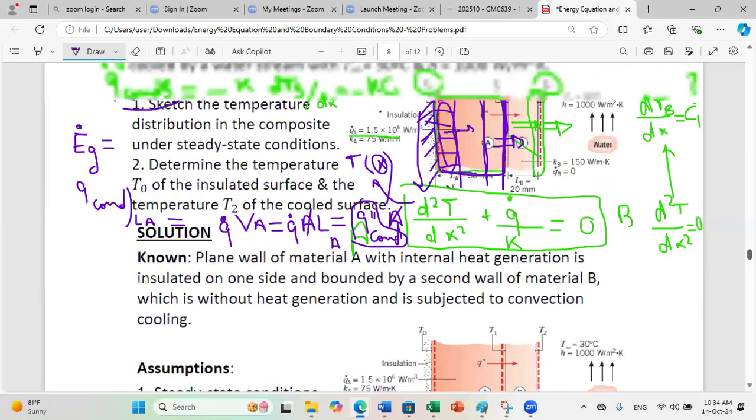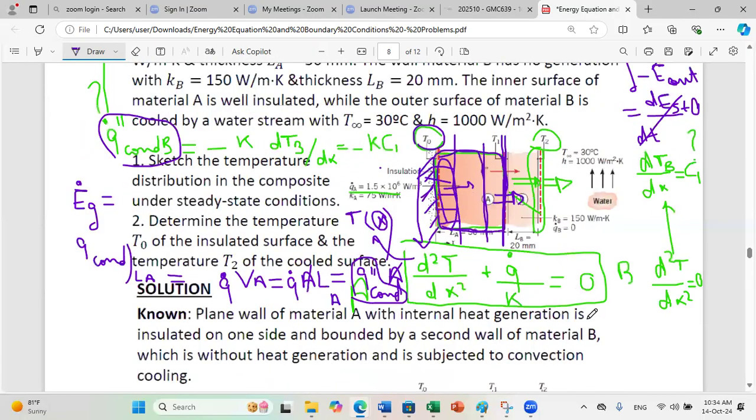As we have seen here together, the second derivative is minus Q dot over K. So if you integrate 2 times this equation, you will get a second order equation. T is a function of X squared. And of course, because you have insulation here, due to insulation, the maximum temperature will take place at X equals